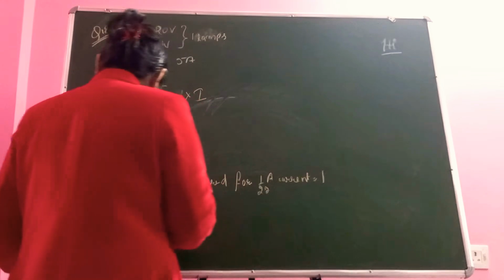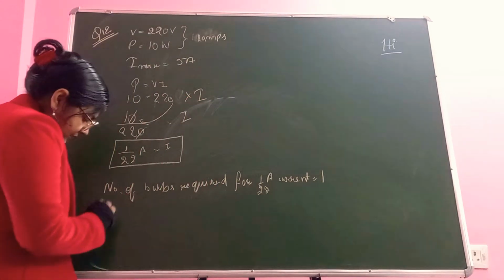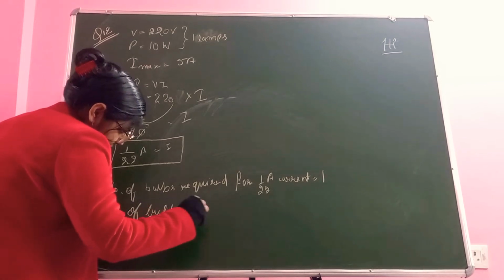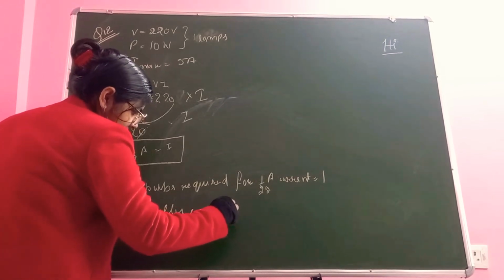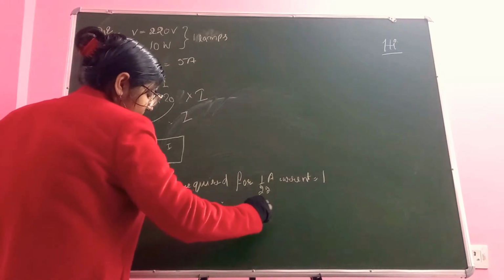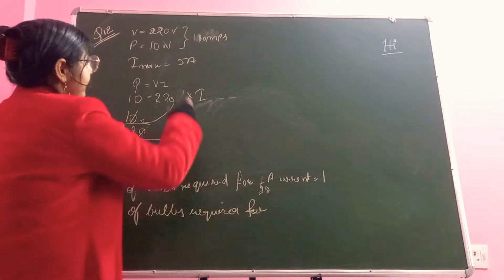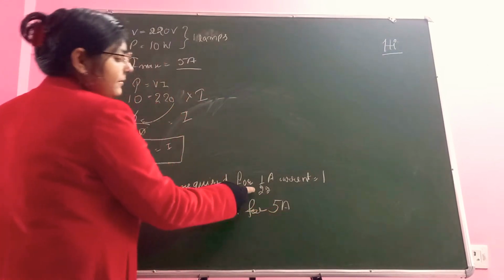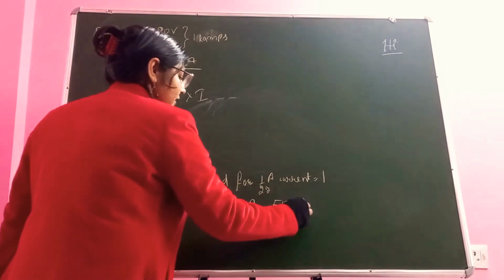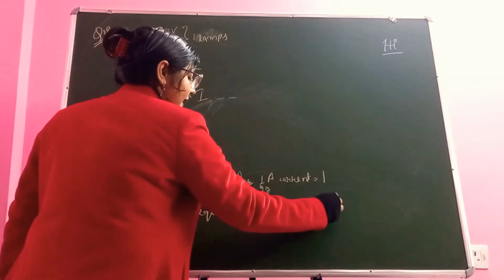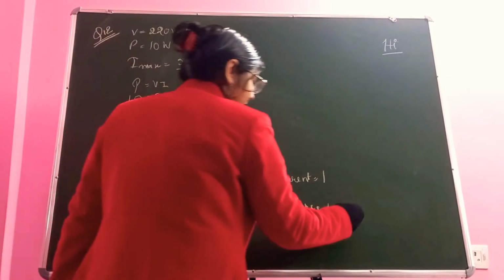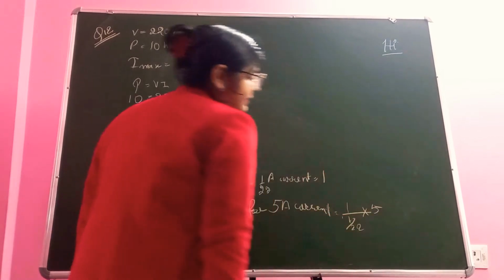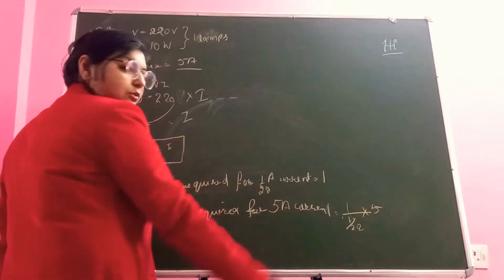Now you have to calculate the number of bulbs required for 5 ampere of current, right? अगर 1 by 22 का डेटा ये है तो 5 एम्पियर का कितना होगा? Will it be 1 upon 1 by 22 into 5? किसी को इसमें कोई डाउट? बता दो।